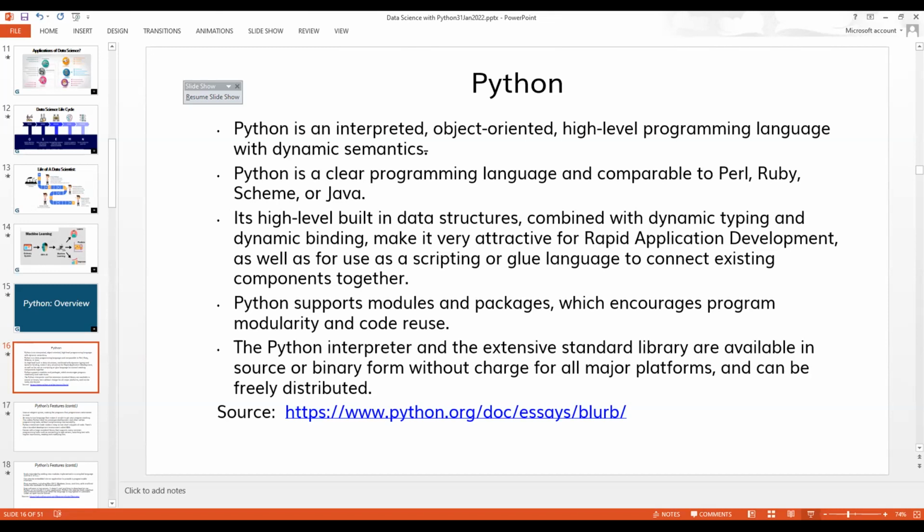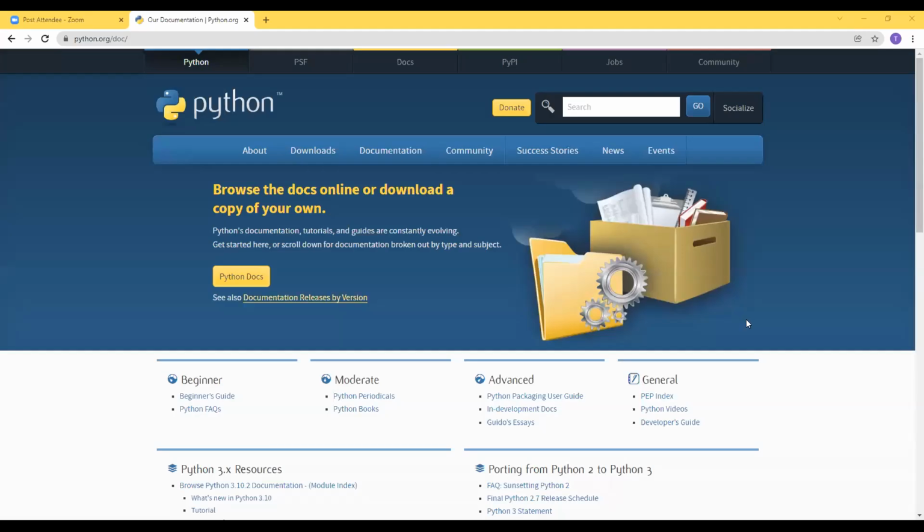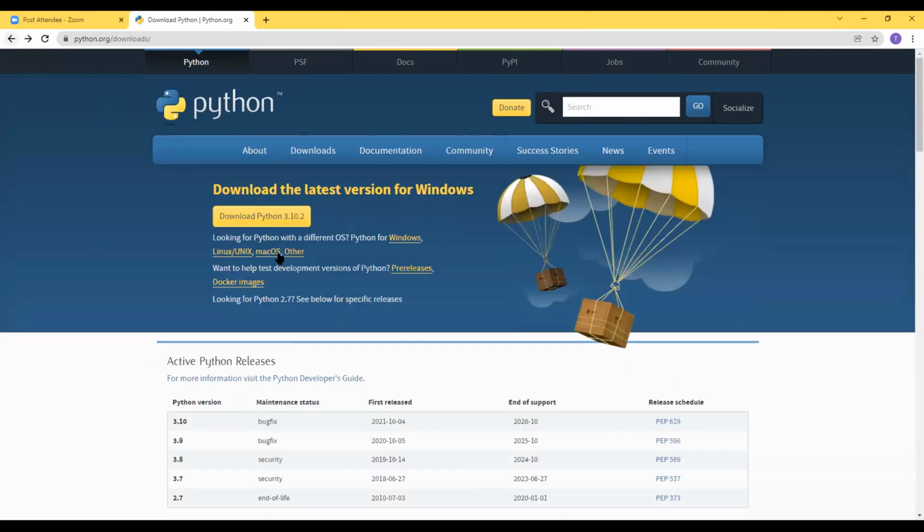Okay, so I'll share this link whenever our session completes today, so that you can have a look at this site also. Sorry, you couldn't. Oh, sorry. I have not shared that thing. Pardon me, extremely sorry. So this is what python.org looks like as of today. Right now, I'm sharing it through a web portal. Okay, I'll go back. This is the actual site.